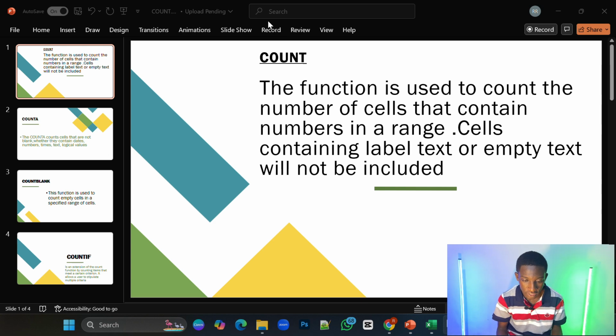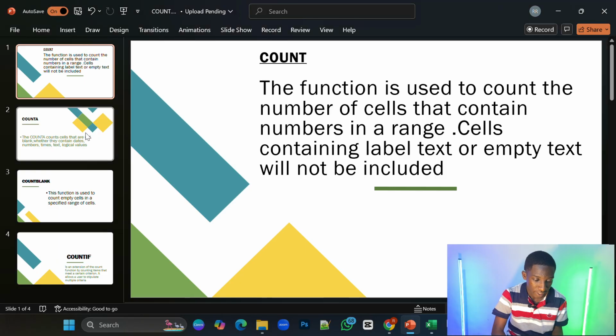The COUNT function is used to count the number of cells that contain numbers in a range. Cells containing labeled text or empty text will not be included. This means the COUNT function is used to count only numbers. It's not used to count text or alphabet. Let's move on to our next function,